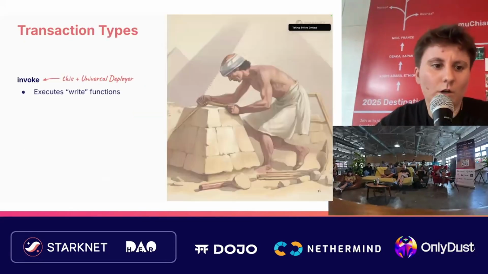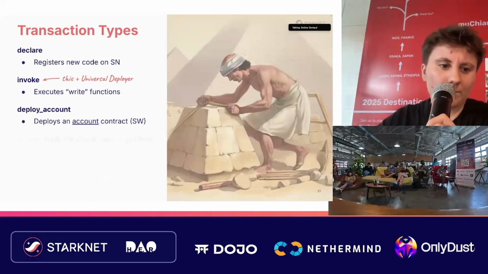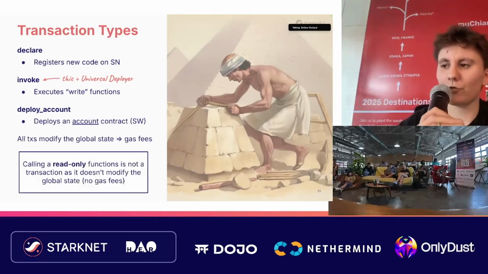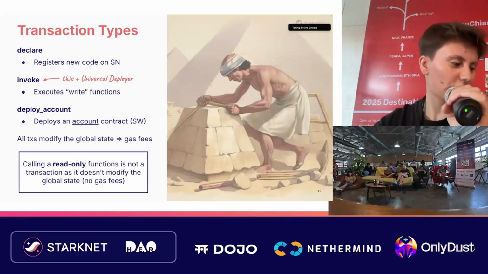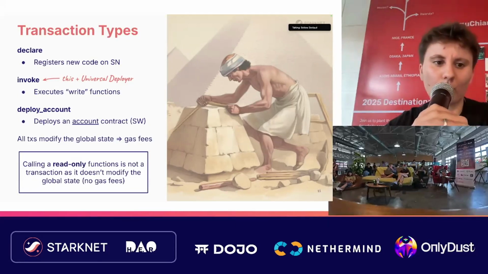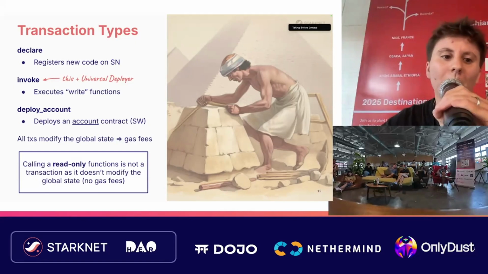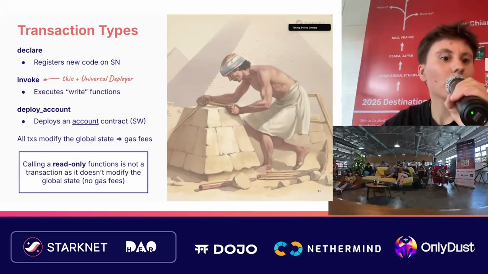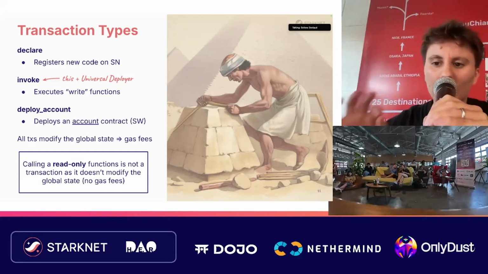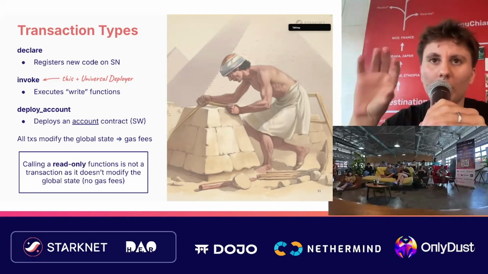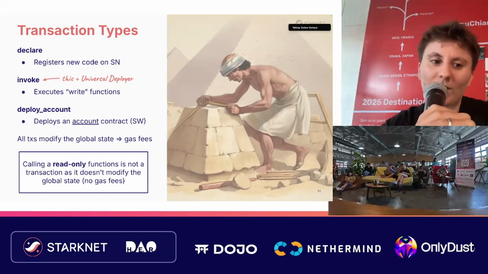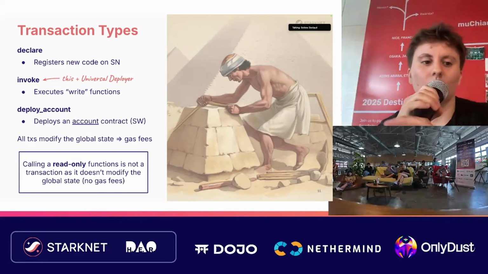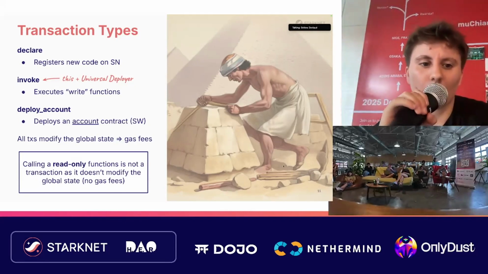So right now, we're going to take a look at the transaction types. In fact, we have 3 transaction types. The first one, which I already talked about, is declare, to register new code on the Starknet network. It's just a code, like I said, a pure code without any storage. While when you are using the invoke